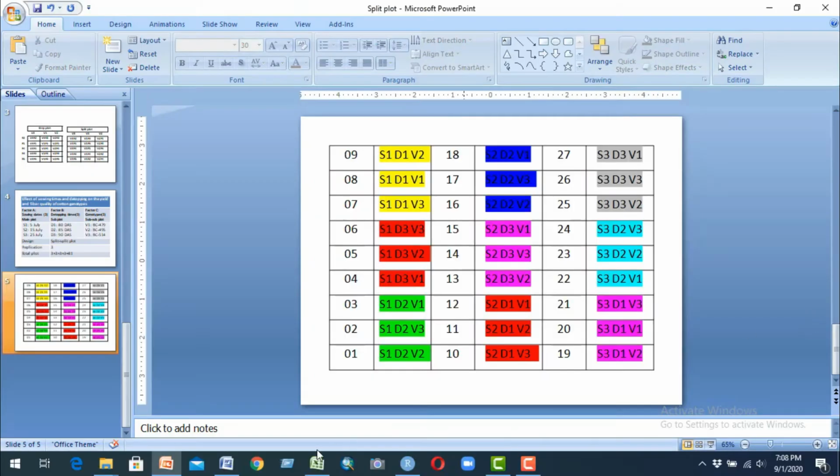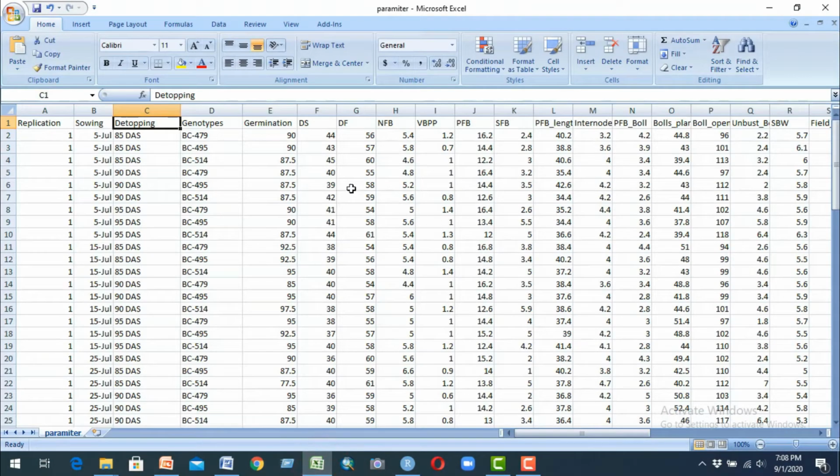Now we can see our data arrangement sheet in Excel.